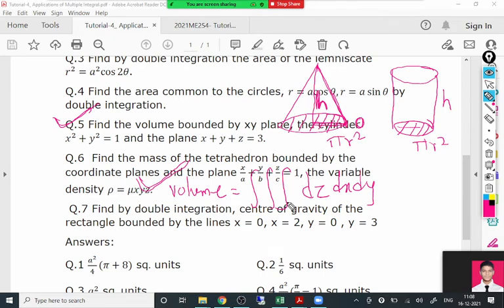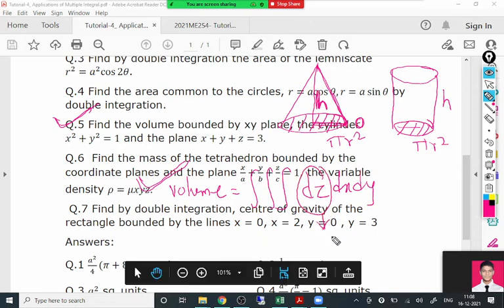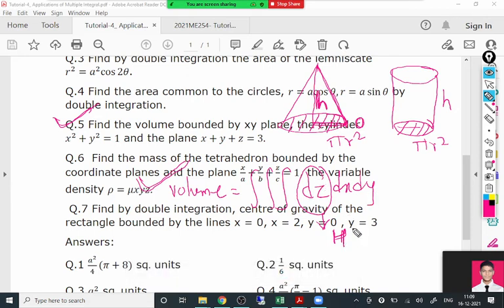Here we have the same concept. We are taking volume as a triple integral dz dx dy. Now, whenever the value of z is a constant, suppose the constant is h, some height h, then we are left with the double integral h dx dy. Actually h is a constant, and the double integral dx dy gives us the area of the base, and that times h becomes the volume there. So z can be a constant like h, or z can be a function.